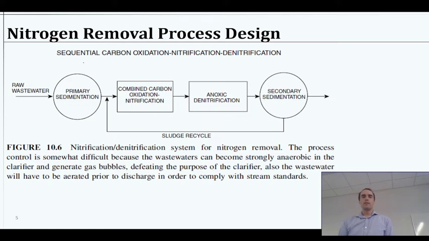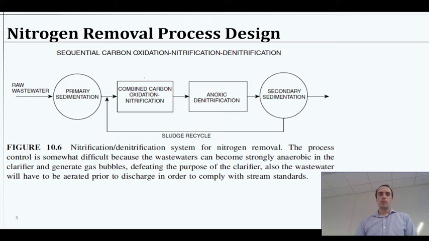So here is one example. We've got sequential carbon oxidation. Carbon oxidation, that's the typical waste activated sludge aeration basin that we've talked about, but adding nitrification, denitrification to it. So we've got our typical primary sedimentation, that primary treatment, sending it along. And then here we have